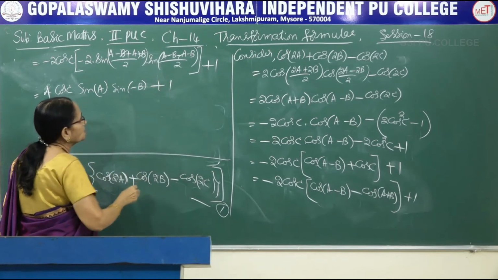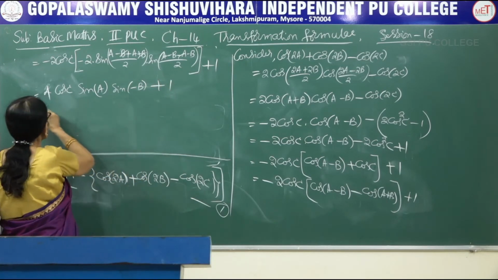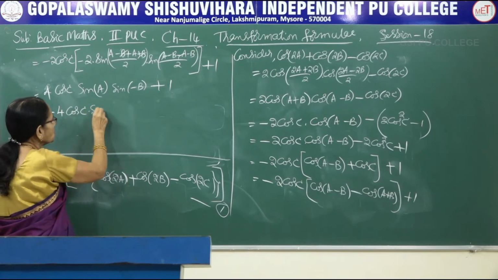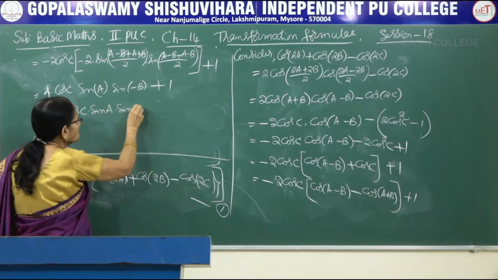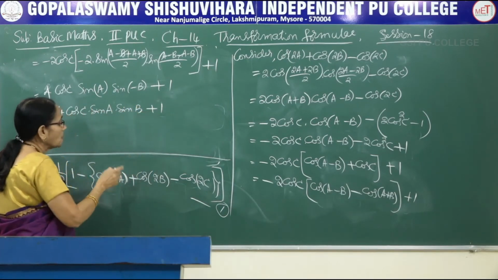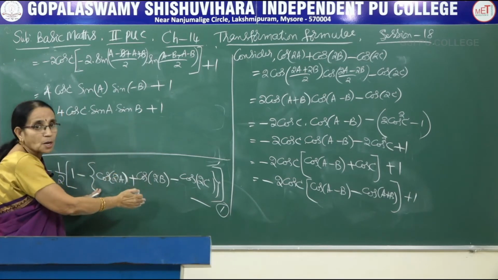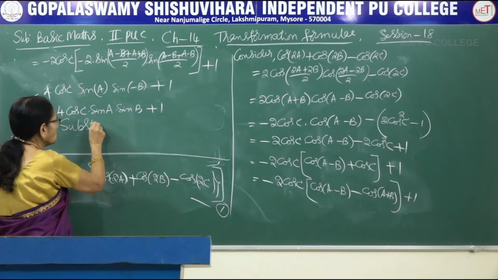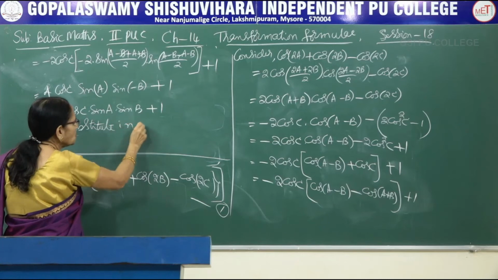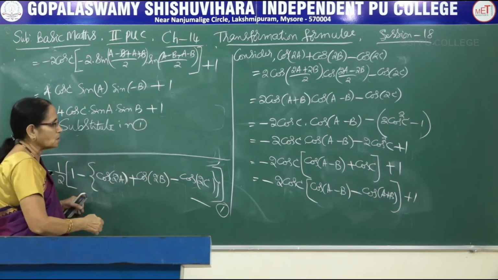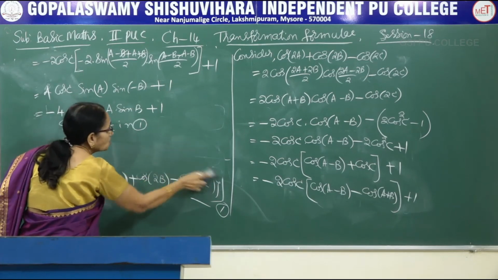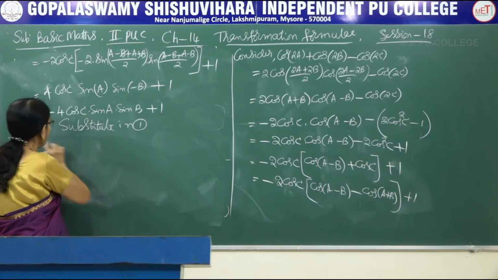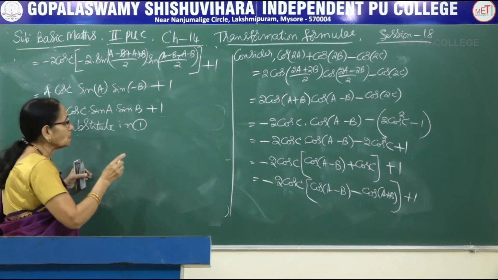Now write this one as it is. Again, sine of minus theta is minus sine theta. Ultimately we get minus 4 times cos of C into sine of A into sine of B, plus the number 1. Now this expression has to be substituted for the expression inside the flower bracket. So you have to write this one. Substitute in 1. That is why giving a number for that one is important, so that instead of writing that half into 1 and all those things repeatedly, which you may get confused, better to take only that part which has to be simplified.